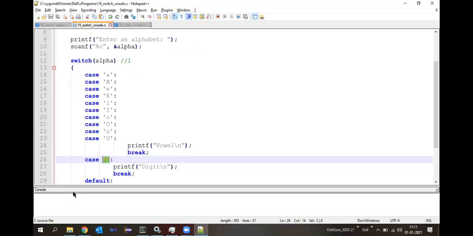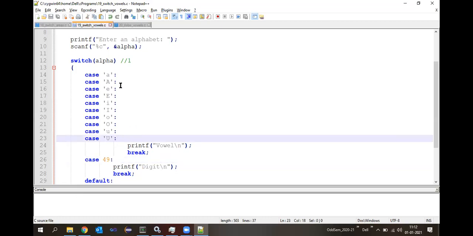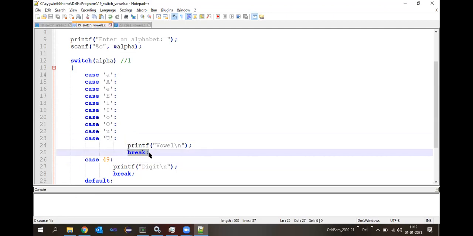This is something additional, not part of your syllabus. If you understand, well and good. If you don't understand at this moment, it is okay. So is that followed, understood? In this particular class, we have studied two things. First, the break is not mandatory in every case. Depending upon the program or the problem solution, we can write the break statement or exclude it. That is the first learning.